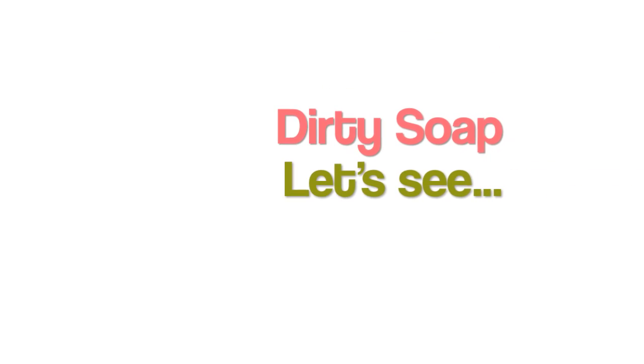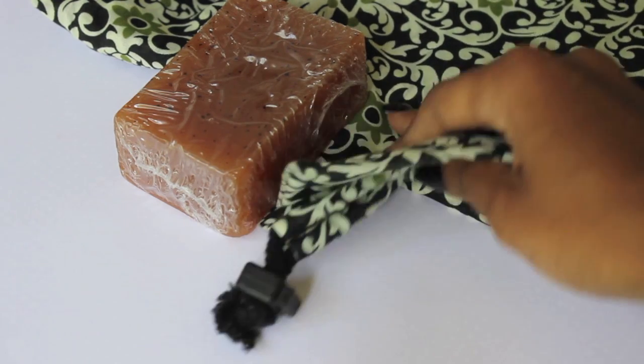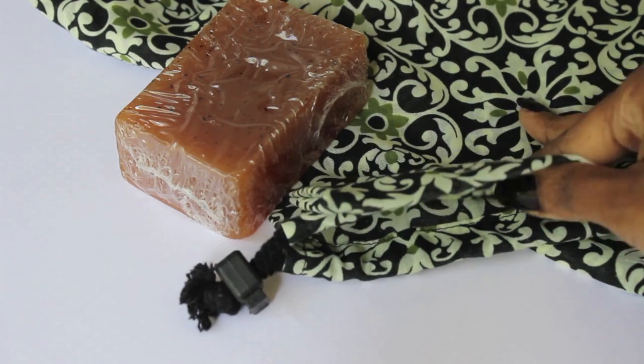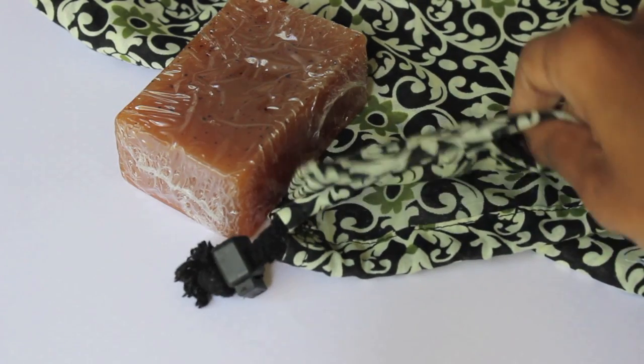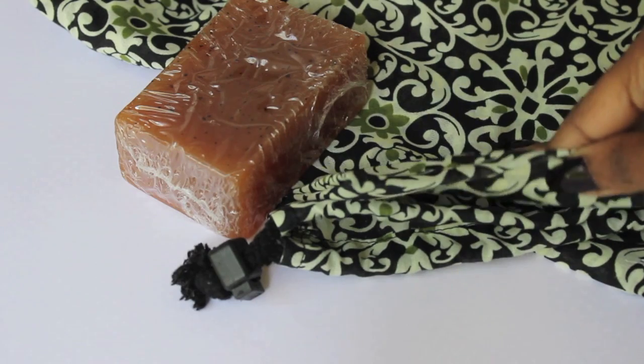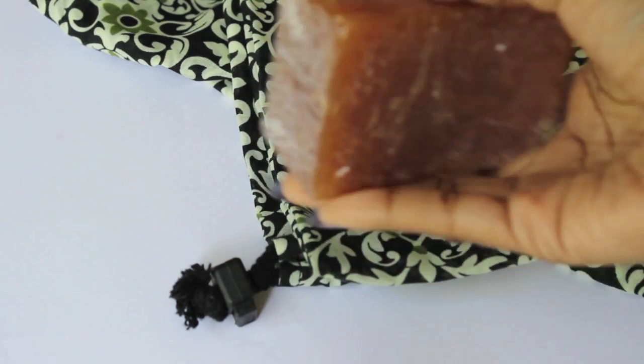Okay, let's talk about those dirty clothes while we're traveling. You know how when you're traveling, you have your bag that you put all your dirty clothes in, and it's just not the best smelling thing around? Well, I saw this tip and I thought, you know what? This is really so simple, but it makes so much sense, and I love those simple tips. It's by simply putting a bar of soap into your travel bag for your dirty clothes, and you're good to go. And it just helps with the smell of those